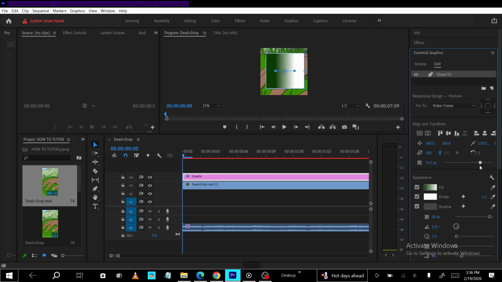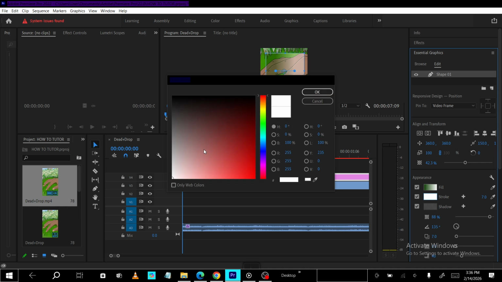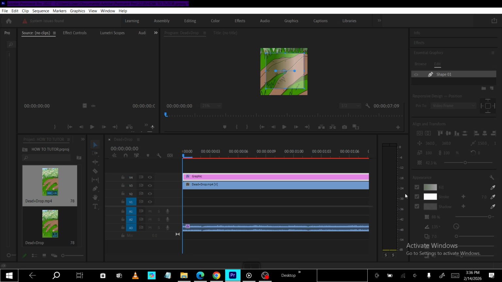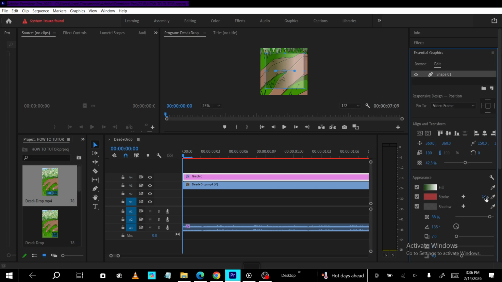When it's time to size and position the rectangle, use the selection tool to drag it where you want and pull the corners to resize. This is the quickest way to match the shape to your layout. For precise control, select the rectangle layer and open effect controls. There you can dial in position and scale numerically, which is helpful when you need exact alignment or consistent sizing